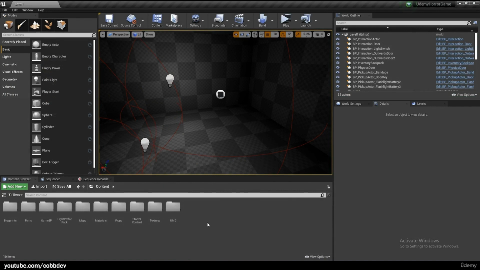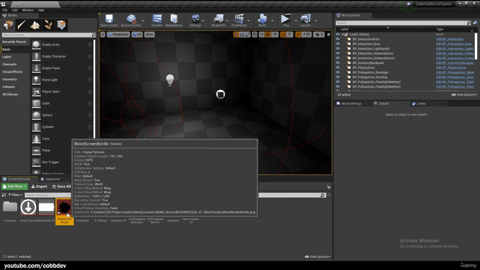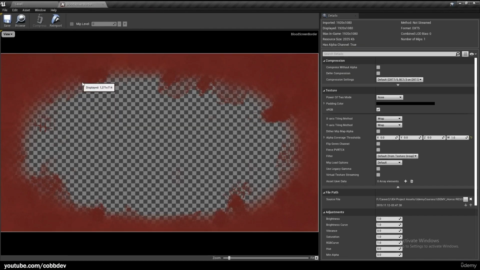So I've created a blood texture, which you should replace with your own, just really quickly in GIMP. And we can import that now. So let's go into textures and import, and once you find where you've downloaded it, just click it and hit open. Now we need to make this blood screen here a material so we can alter the intensity of it